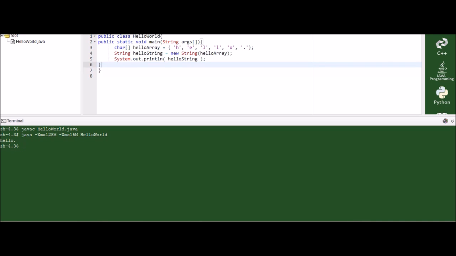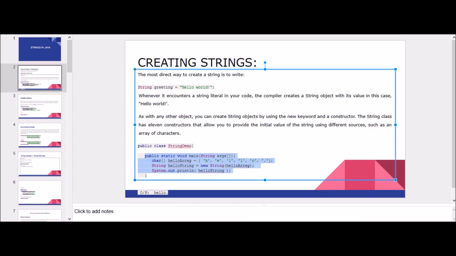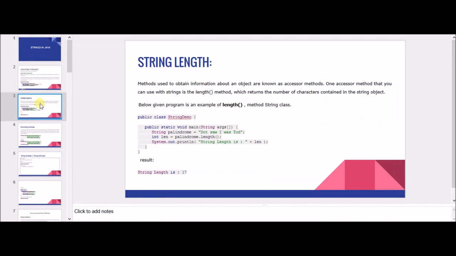Moving on to string methods. String has many methods, and let's see about the string method length. This method is used to obtain the length of the string. The syntax is variable.length(). This returns the length of the string.